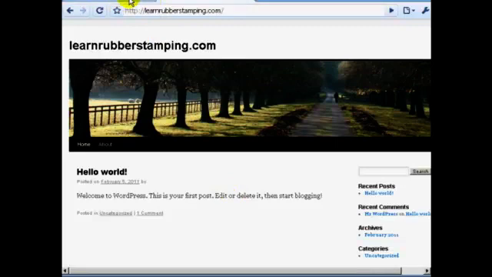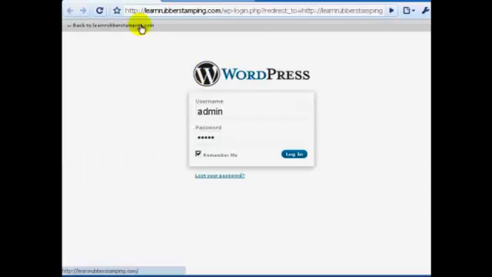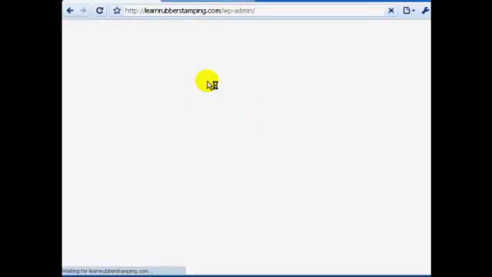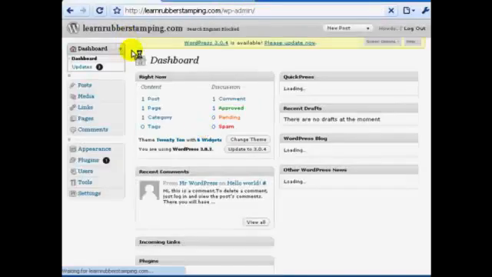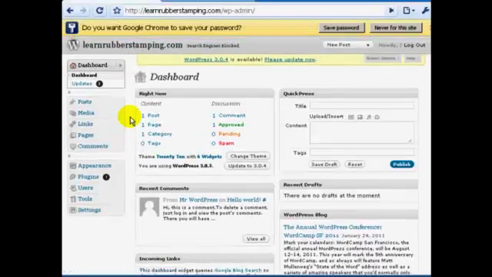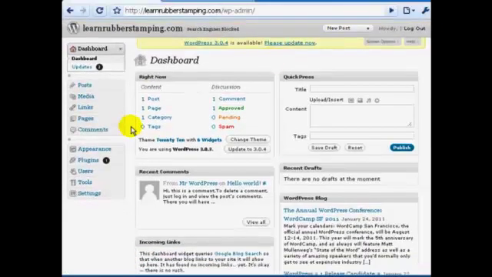First, you need to go to your WordPress blog, wherever that might be. Usually it's at www.yourdomain.com/ whatever folder you installed it in, and you put wp-admin, and you'll get this page here. And then you'll want to log in to the site. This is your WordPress dashboard, and it's the location at which we'll activate the plugins, and I'll show you how